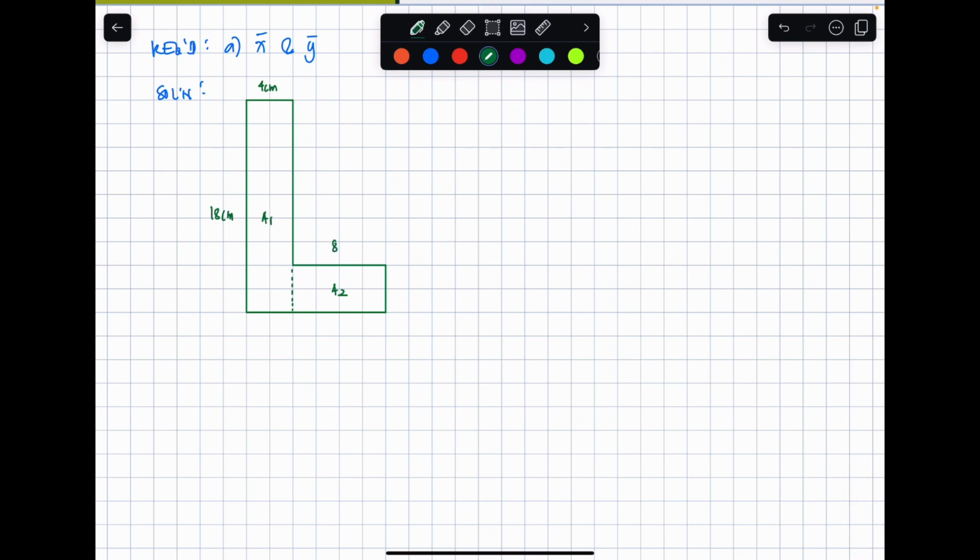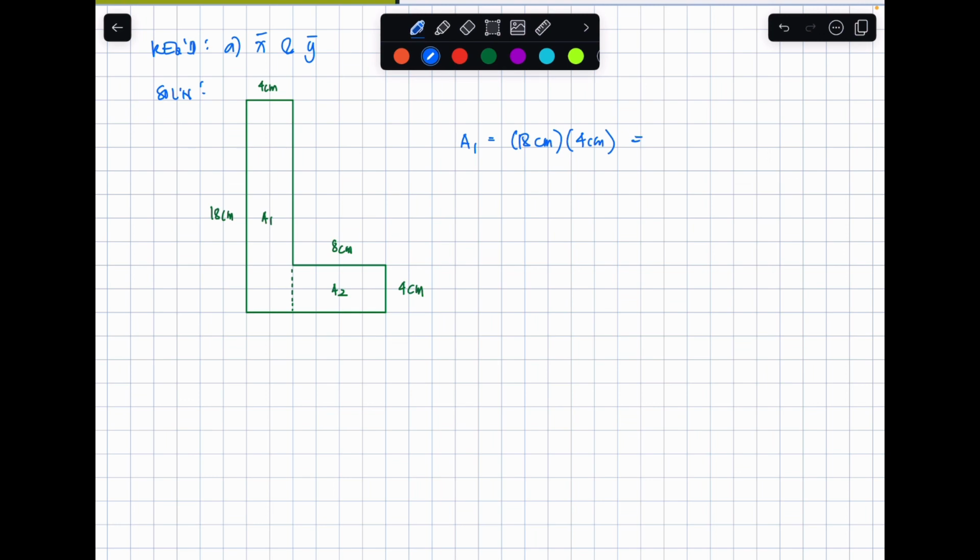So this one is 8 centimeters and this is 4 centimeters. We can now compute for area number 1. It's simply the length times the width. The length is 18 centimeters, multiplied with 4 centimeters. So 18 times 4,